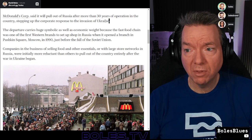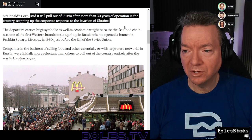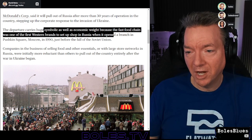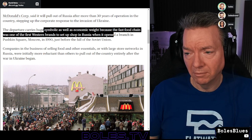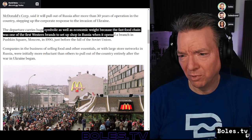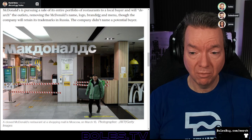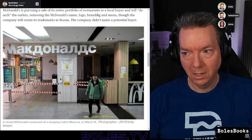McDonald's is getting out of Russia after more than 30 years of operation in the country. Stepping up the corporate response to the invasion of Ukraine. Symbolic and economic weight because the fast food chain was one of the first Western brands to set up shop right there in Russia when it opened a branch in Pushkin Square, Moscow in 1990. And I think they employ over 50,000 people. That's what, 62,000. And I think that they have been paying them, even though the stores are closed. But now that they're selling the business, I don't know what's going to